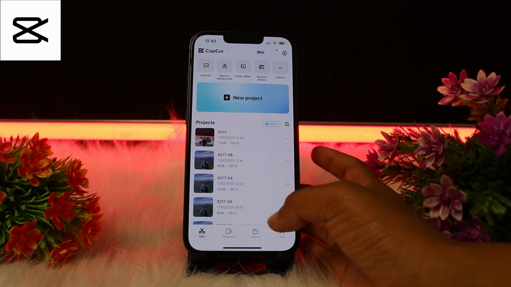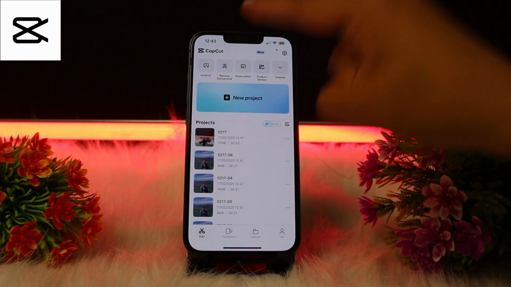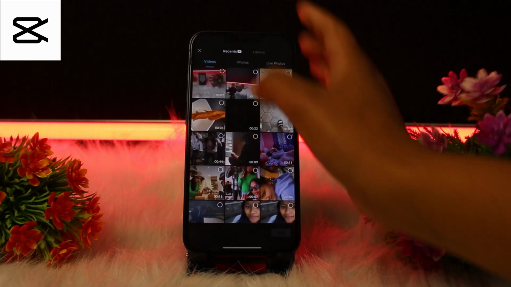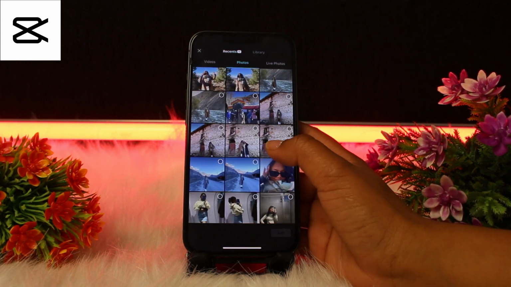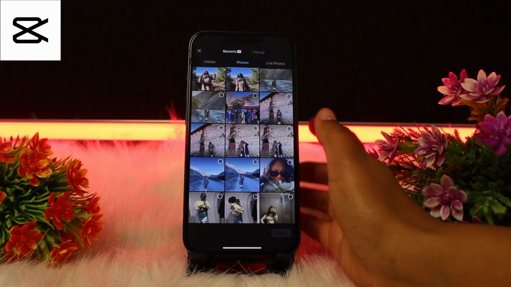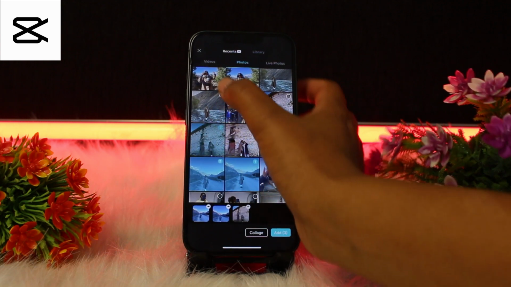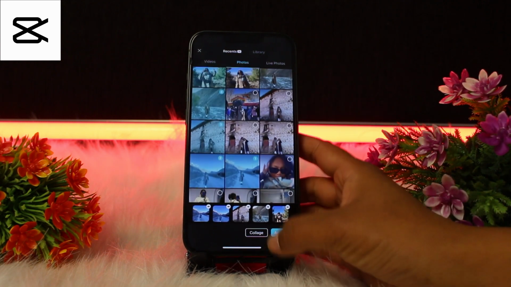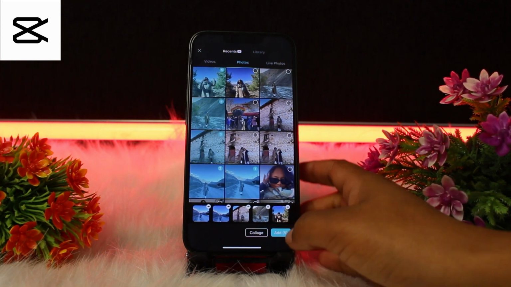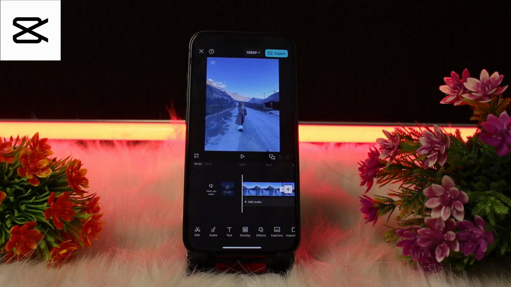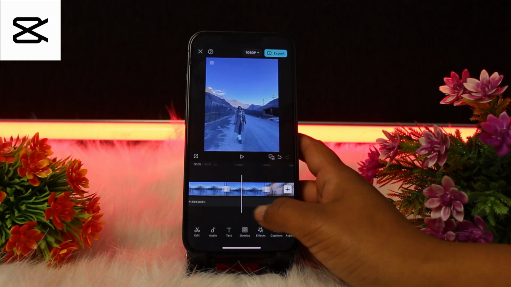To shorten your photos, you need to select the option New project, which is highlighted in blue. You need to tap on New project and go to the option Photos, and after that you can select the photos which you want to shorten and edit. And I would like to edit these photos, and at the very bottom right here you can see the option Add, and you need to click on it. Now your photos are ready to edit, and you can simply delete this last CapCut